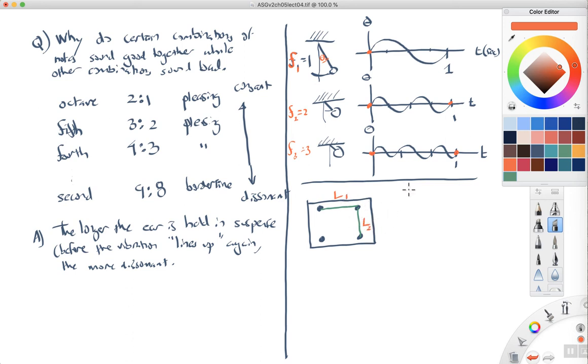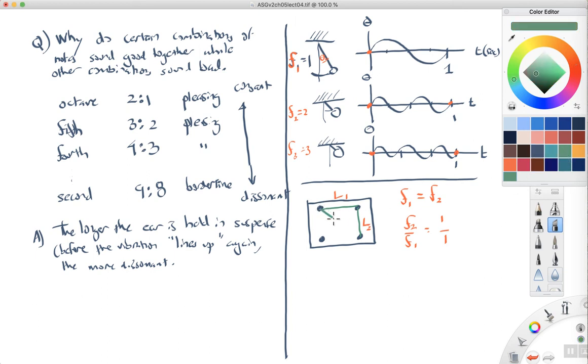If you pluck those 2 strings, the frequency of string 1 will be exactly equal to the frequency of string 2 because they have the same tensions, the same lengths, and the same mass per unit length, which means they have the same frequencies. They will, of course, be commensurate. They will have a nice ratio, so F2 to F1 will be a 1-to-1 ratio. Okay, but could we make an incommensurate ratio? That is, could this ratio be an irrational number? Well, the answer is yes,